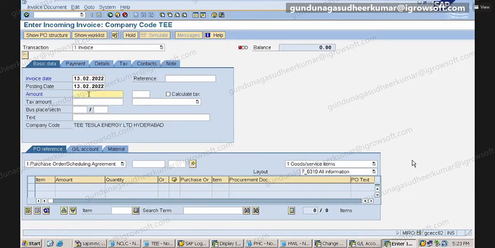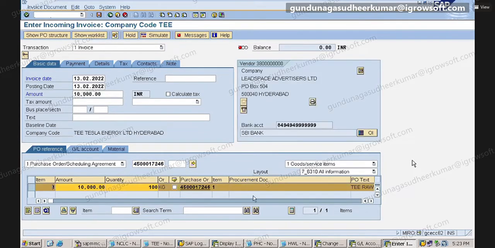How much is the amount? 10,000. Then the purchase order number and quantity.